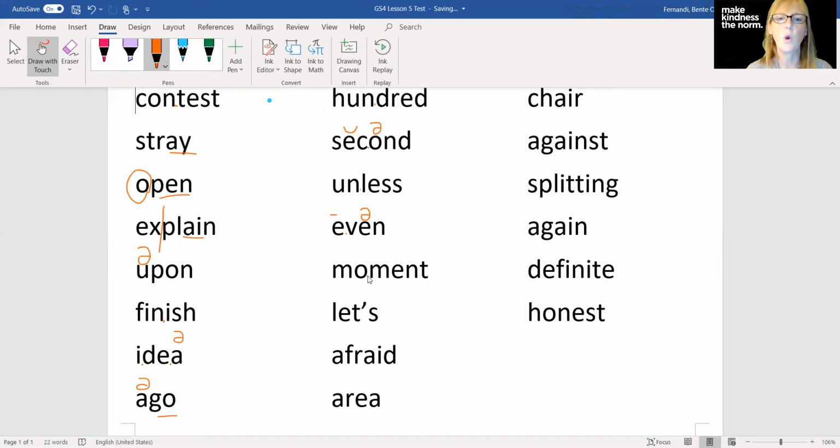Moment, here we have our open long O here. Moment, mo is our first syllable, ment is our second syllable. Again, some people say this like a schwa, but it's spelled with an E. Let's is a contraction of the words let us sing together. We get rid of the U and put an apostrophe there. Let's sing together. Afraid, we can clearly hear our schwa here, spelled with an A, long A-I sound in the middle there. Area,